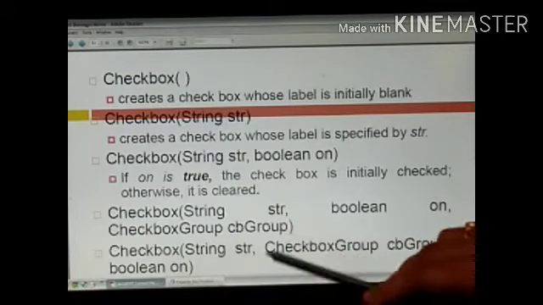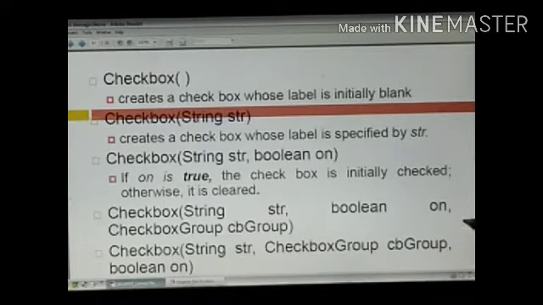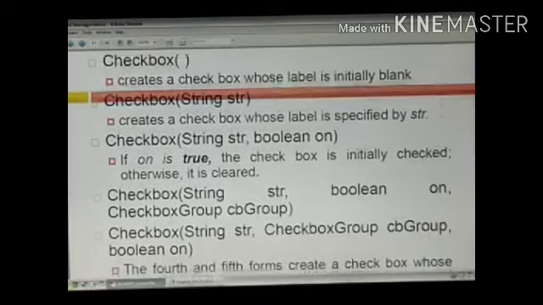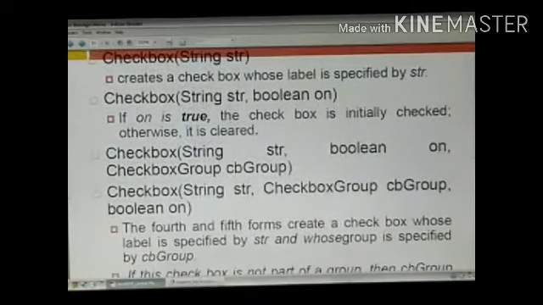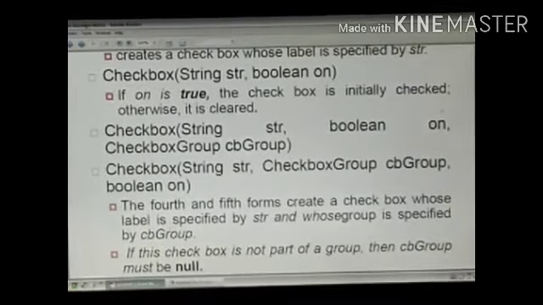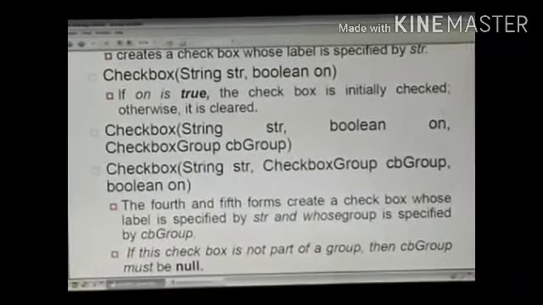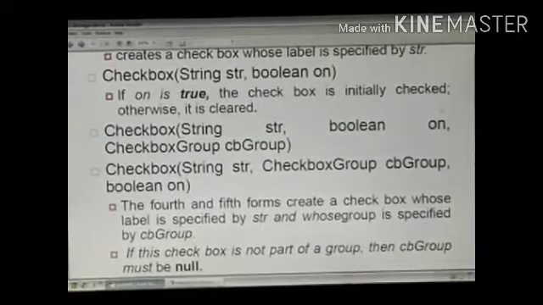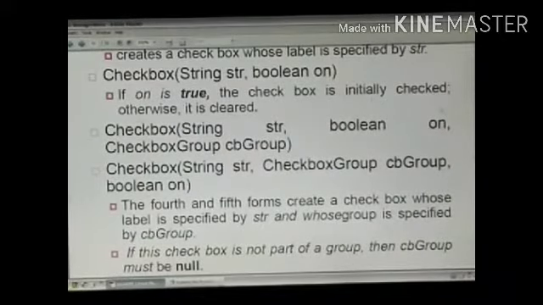Checkbox(String str, CheckboxGroup cbGroup, boolean on) is another format. The fourth and fifth forms create a checkbox whose label is specified by str and whose group is specified by cbGroup. If it is kept null, then it is not a part of a group.